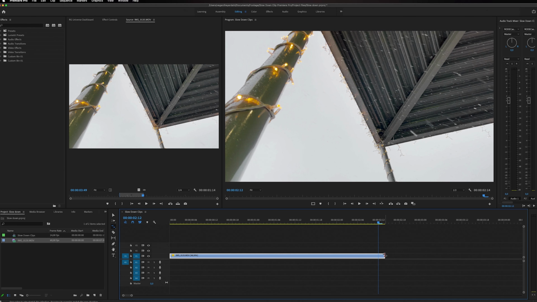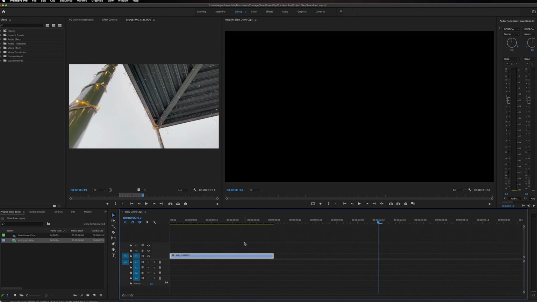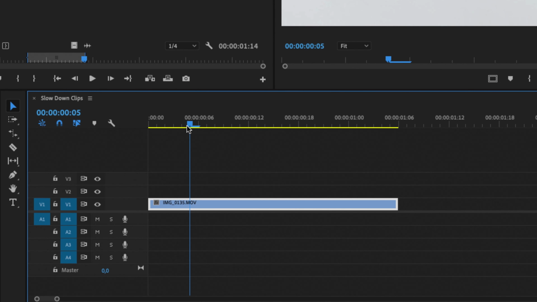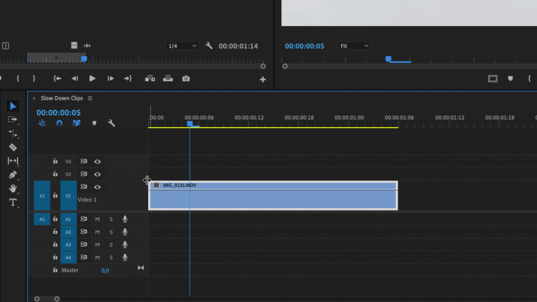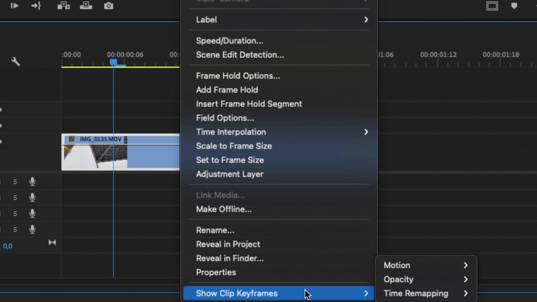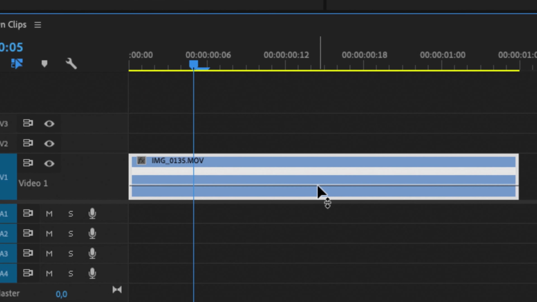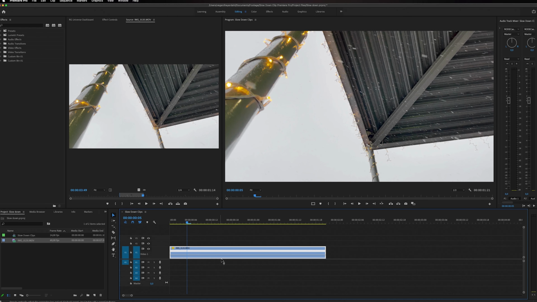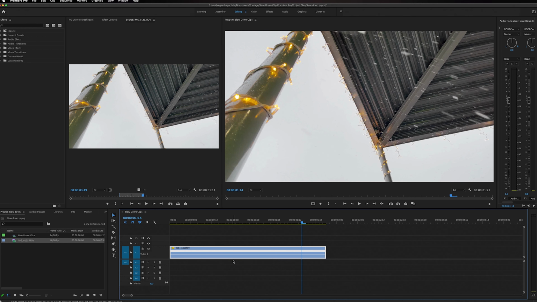The third method of slowing down video clips is to select the video clip, and we are going to make it a little bit bigger. And then I'm also going to right click on the video clip and select show clip keyframes. And I'm going to click time remapping and then speed. And then we can just drag this line up or down to slow down or make our clip faster. So let's slow it down to 66%, and you will see that the clip went a little bit longer